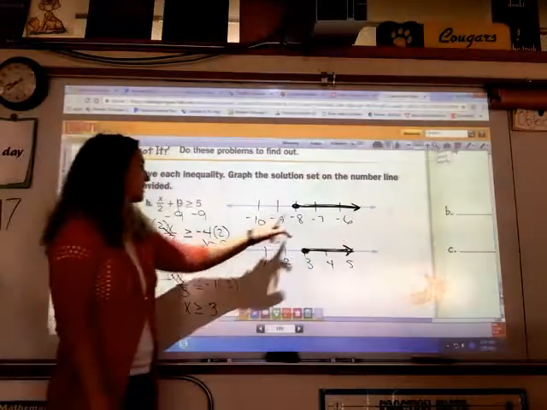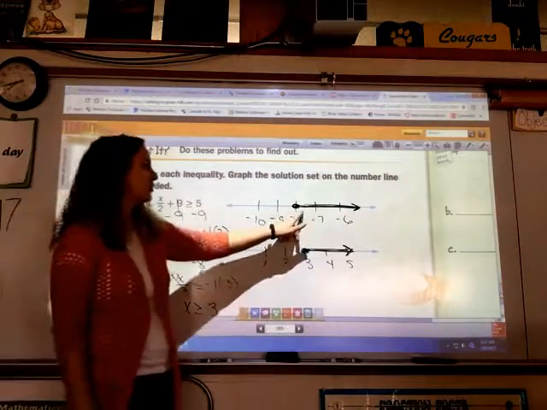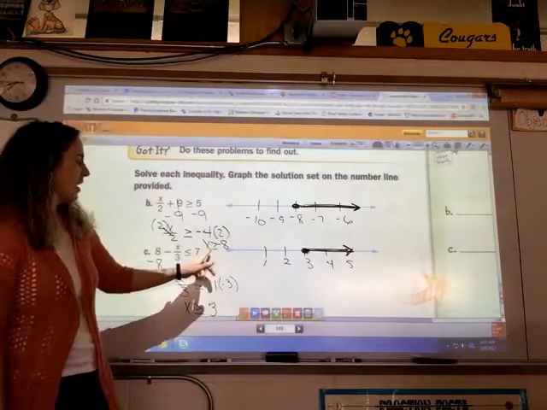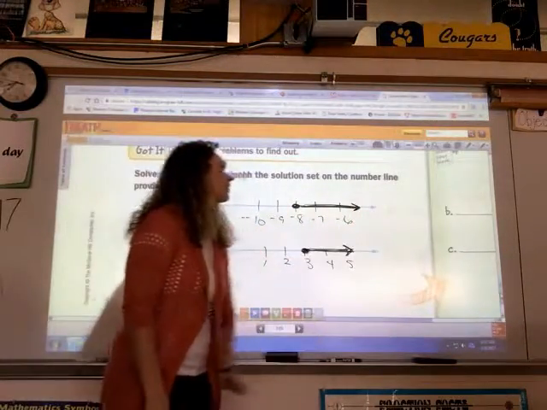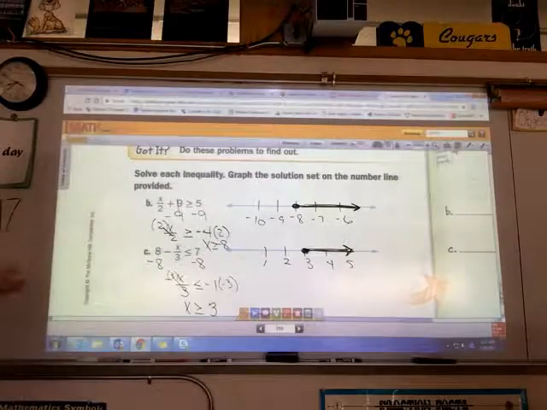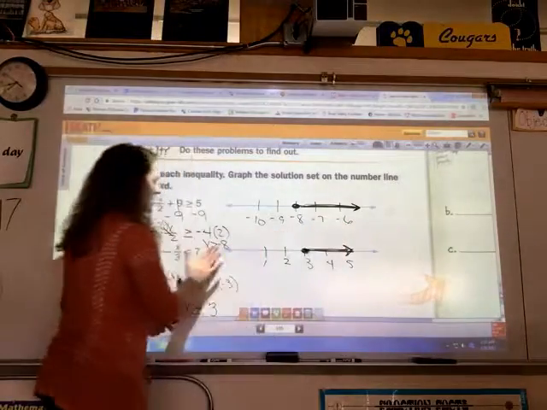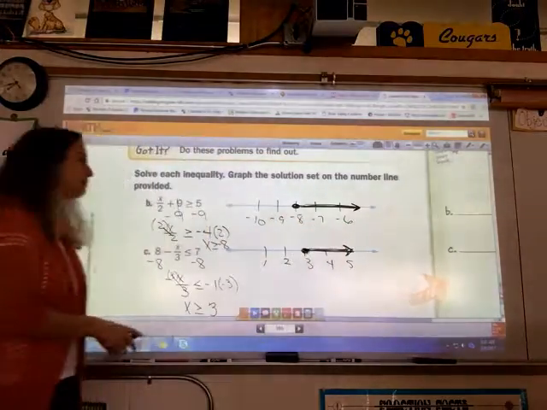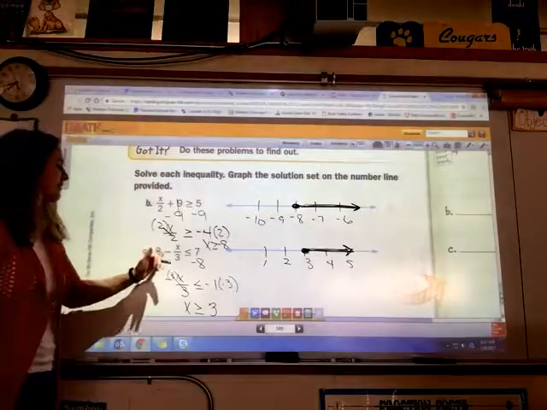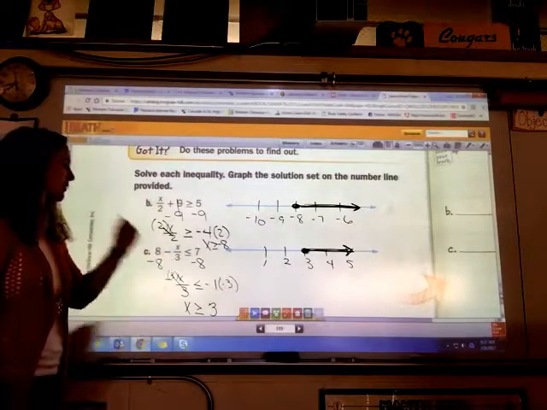So when I take a look at my graphing, I'm looking at a closed circle because I'm including negative 8. I'm looking at numbers that are greater than, so I'm going to graph it to the right. I'm going to check it. Is negative 6 greater than negative 8? Yes, it is. Letter C, 8 minus x divided by 3